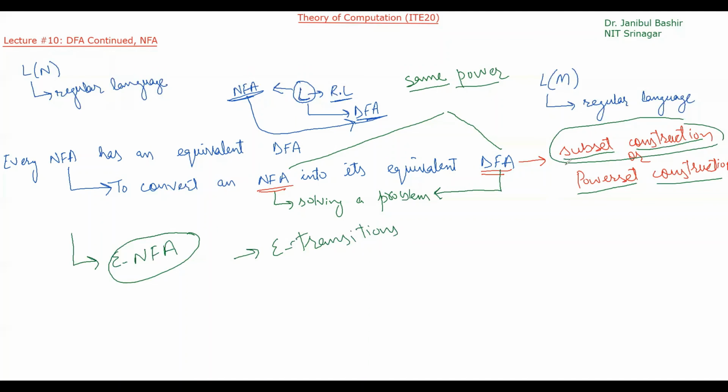Then we will see subset construction, how we can convert an NFA into a DFA. So let me stop this lecture here, and in our next lecture we will first discuss epsilon transitions and epsilon NFA. Then in the same lecture we will discuss subset construction or power set construction, where we will see how we can convert an